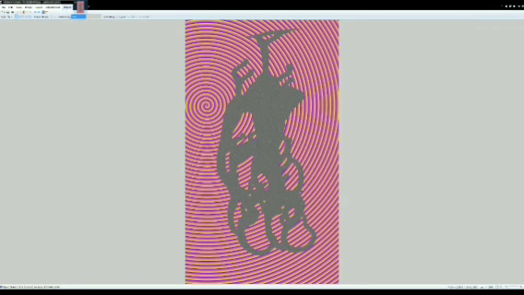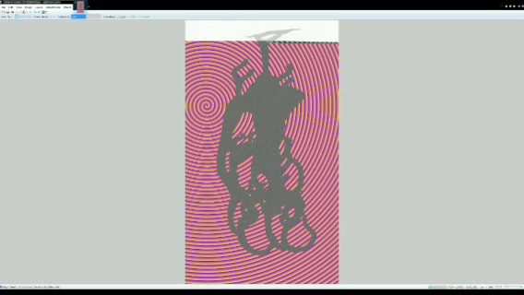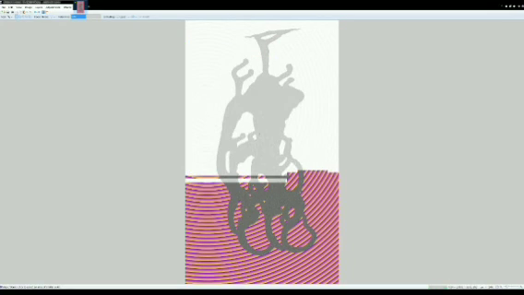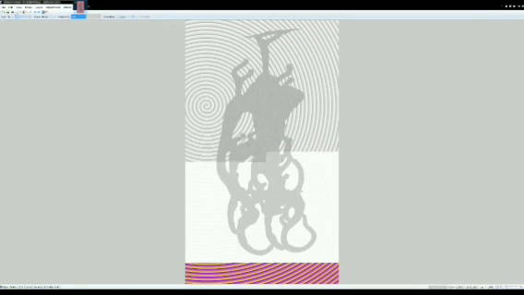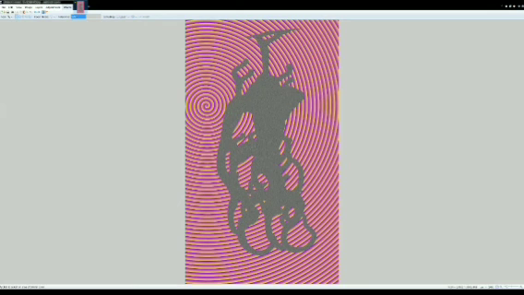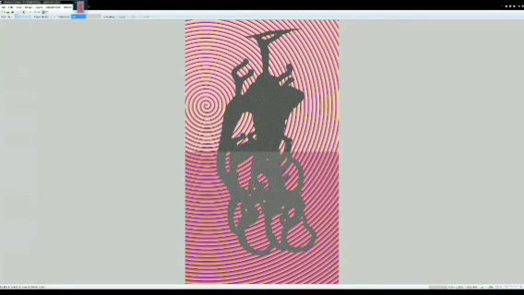What should we do to this? Let's see what pencil sketch will do. That's pretty interesting. Let's increase the range. Let's see what ink sketch will do. That was kind of interesting. Let's do that, and then